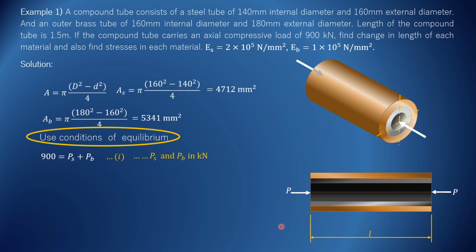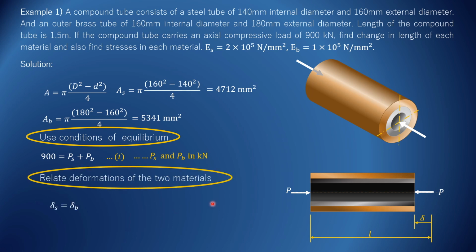Now focus on this diagram. Superficially, it is single body because a brass tube is rigidly connected over the steel tube, and when the force is applied, of course it should compress. So here now body is compressed and there is reduction in length, and how much is that? Delta. What you have realized from this geometry? Deformation of steel is equal to deformation of brass. Simple. So this is how we have related deformation.